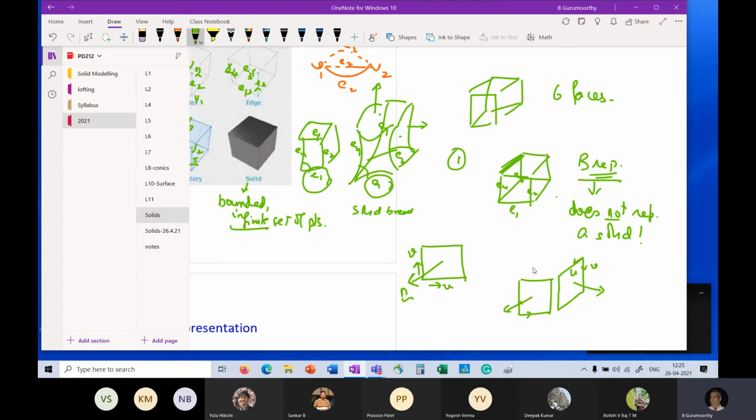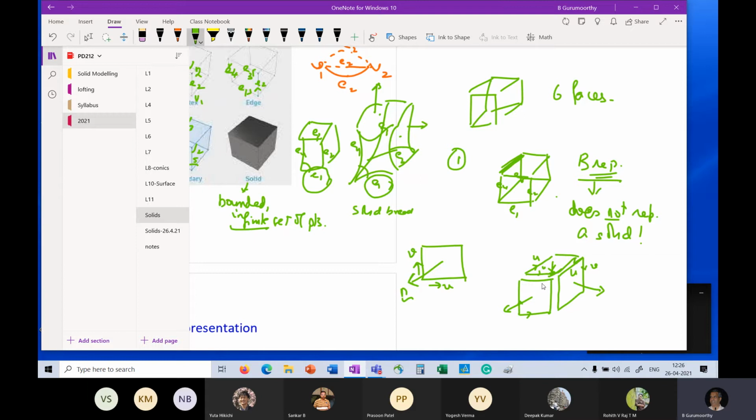And the third person, right, who is designing this face, which was actually missing the last time, but in this case, somebody has turned this face in, right? And takes this to be the U direction and this to be the V direction. And what happens now? The normal is pointing like that. So they just send me the faces. I assemble it and say, here is my solid. Okay. So I have not drawn the other 3 faces, but assume that they are all there and they have some normals in this direction, the way it is drawn here.